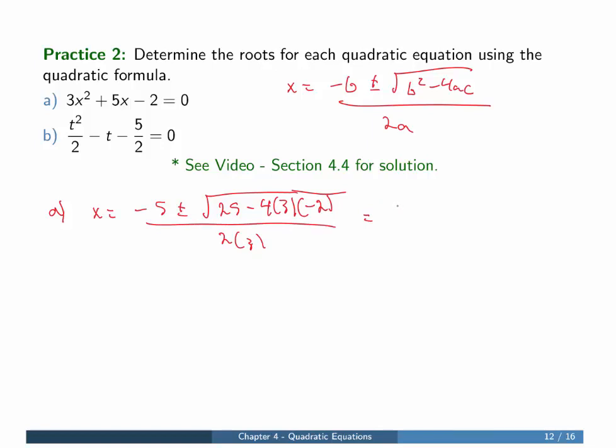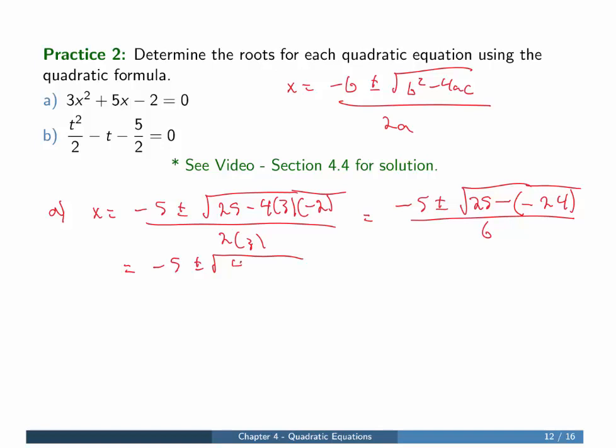So what we're left with is negative 5 plus or minus, and what we're left with is 4 times 3 times negative 2. So we actually have 25 minus negative 24, because we have two negatives here. Eventually it's going to come out to be a positive, so don't be deceived or tricked by that. Okay, watch your steps. And this is going to be 25 plus 24, which comes out to be 49 all over 6. We didn't do this question. This is a different question here